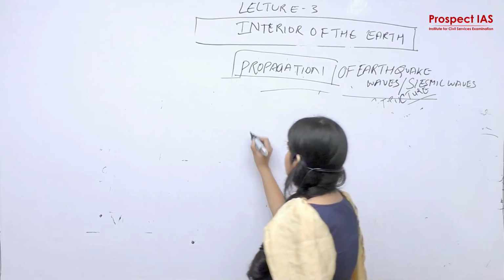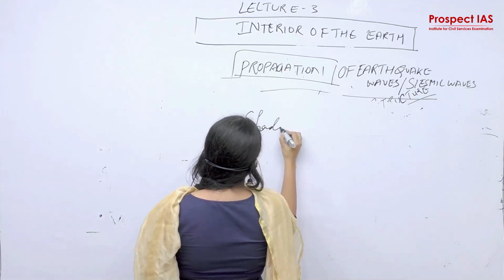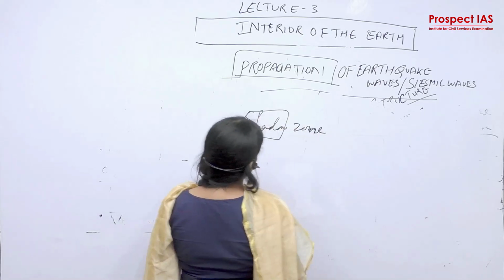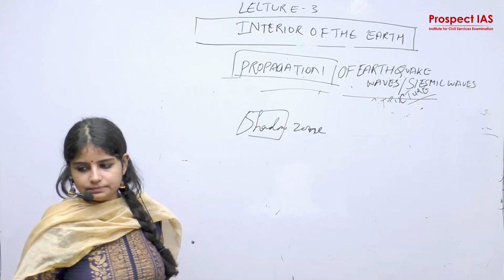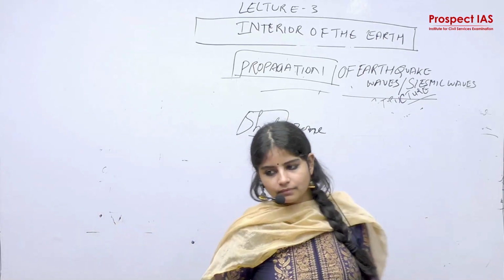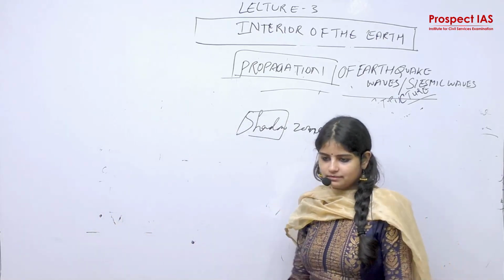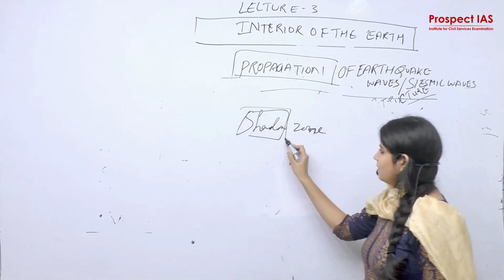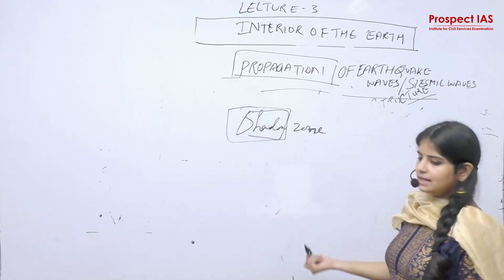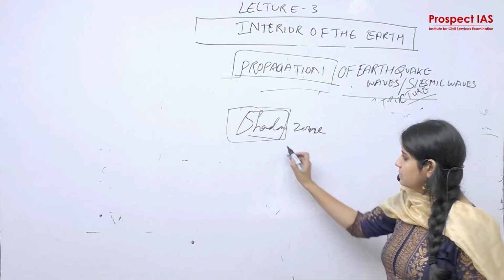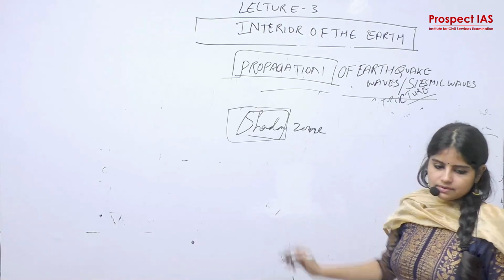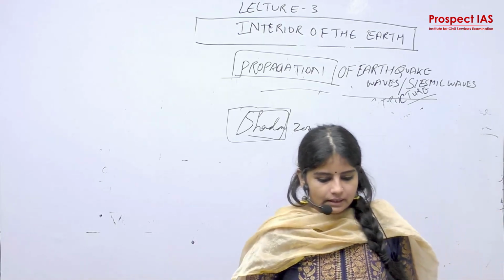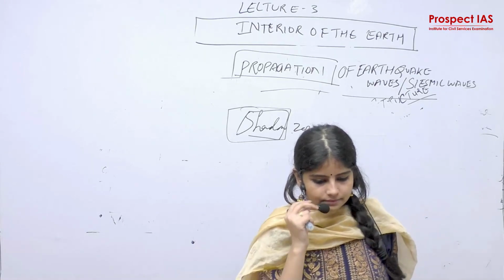First, the definition of shadow zone. Why is the term shadow used here? What is the literal meaning of shadow? Where the light is not reaching, or the backward side, where nothing is happening. So this is shadow zone. You can write the definition. Shadow zone means